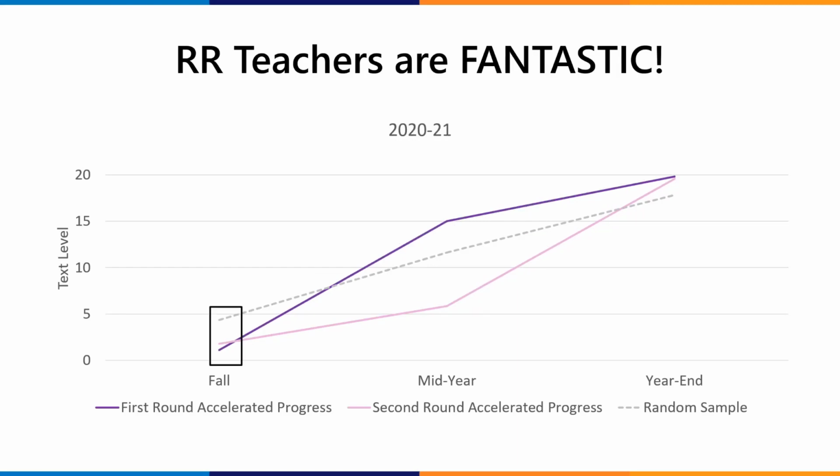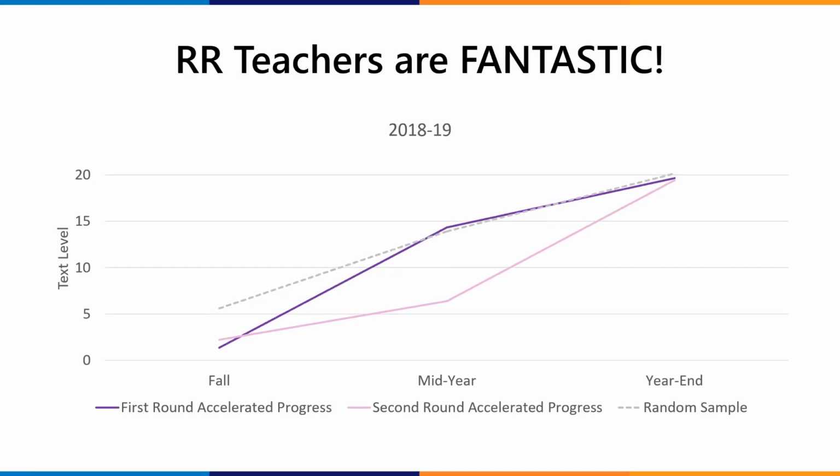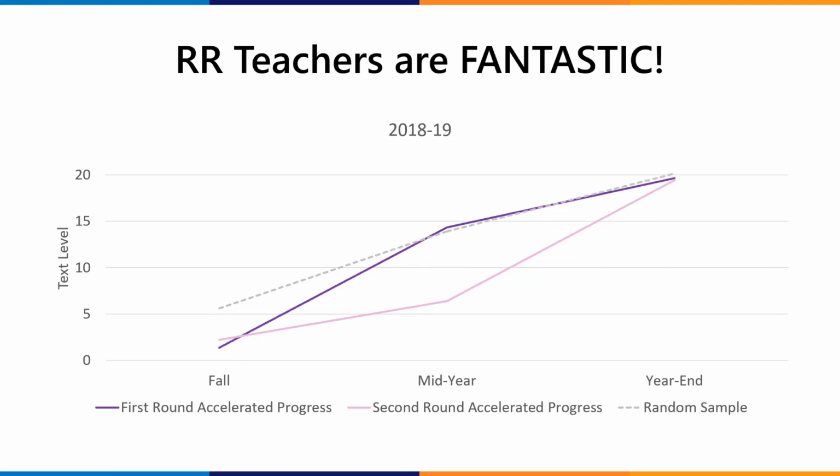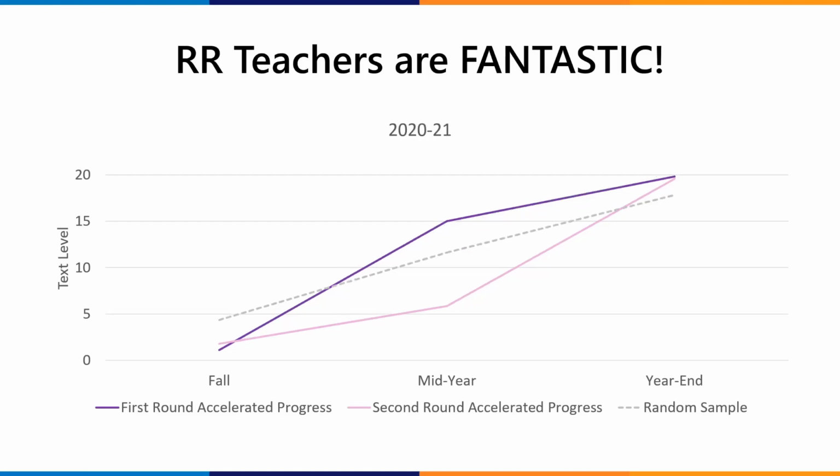So here are the differences. All students, including the random sample, started a little lower this year. If I go back to that chart, you can see that the beginnings of the line started a little lower this year. And then typically, we don't see our first round students going past our random sample. We usually see them catching up to it. So here's 2018 data. Look at how that purple line usually intersects with the random sample line. This year, our kids went right past the random sample on the first round students.